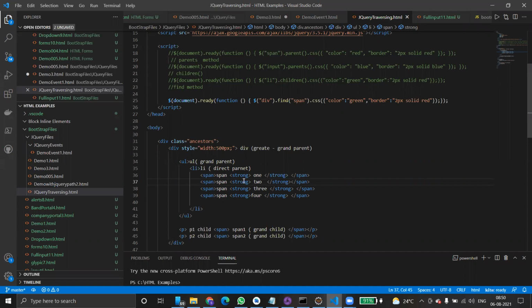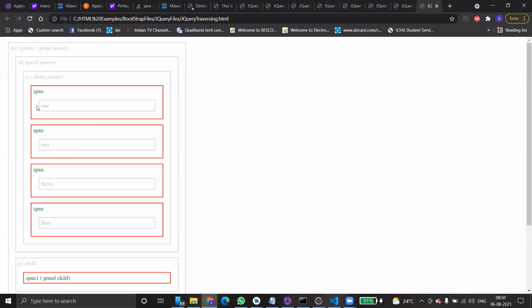I would not add it, but it's okay. How many siblings are there now? 1, 2, 3, 4 siblings. So next, nextAll simply returns all the next sibling elements of the selected element. H2.nextAll simply returns all the siblings after the H2.